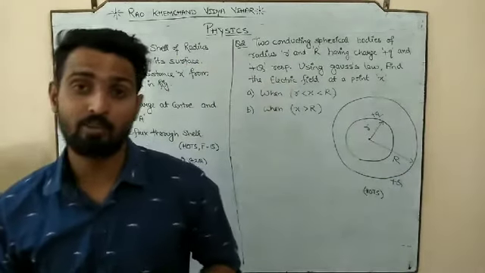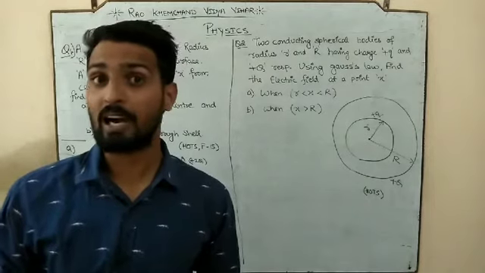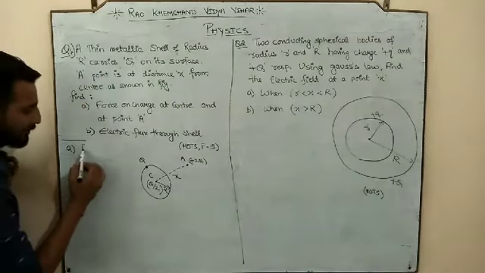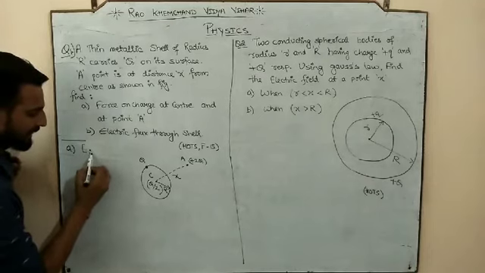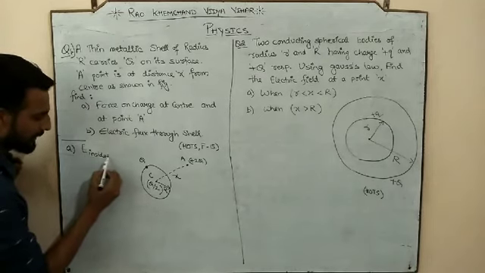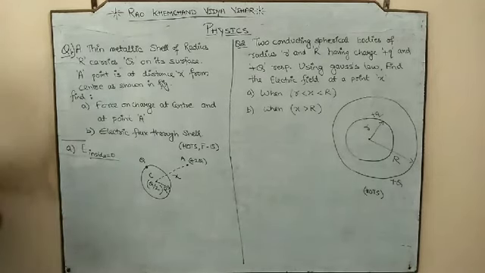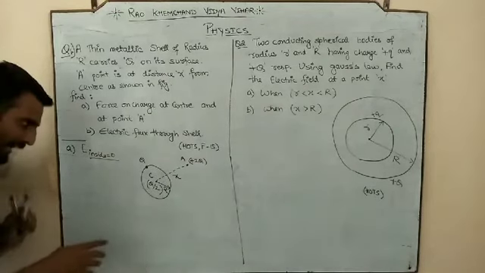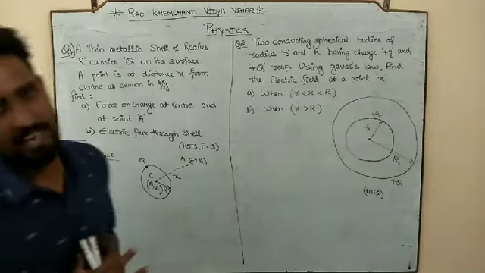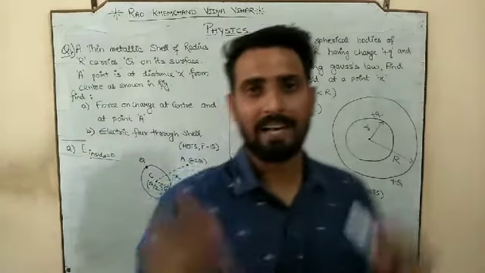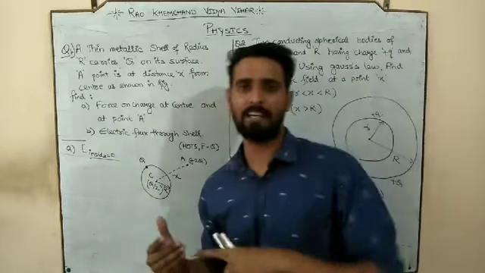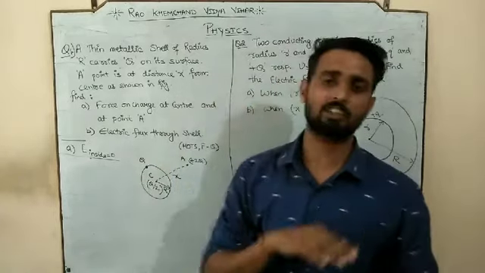So to calculate the force at the center, what do we require? The electric field at the center. And what is the electric field at the center? Means inside, it is 0. Means the electric field due to that q charge would be 0. I know at the center we have the charge q by 2, but we have to calculate the force on q by 2 because of the other charge.